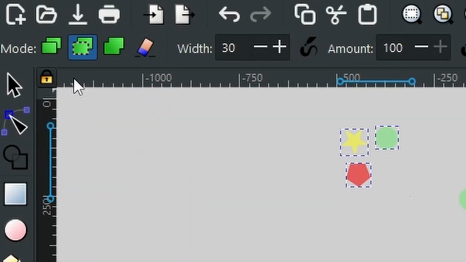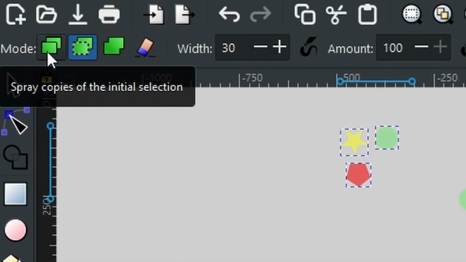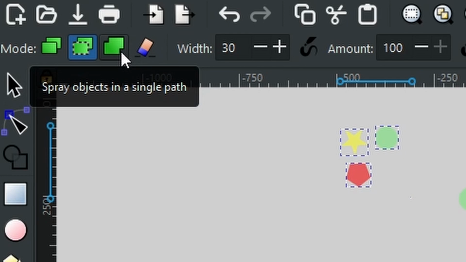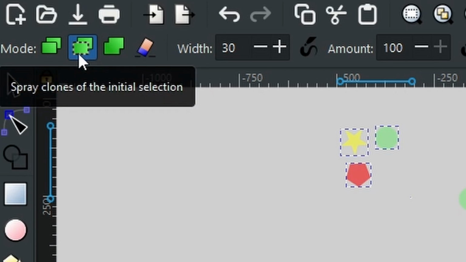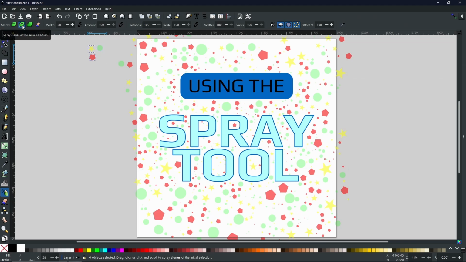Now when it comes to the mode, you can either spray copies of the initial selection, spray clones of the initial selection, or spray objects in a single pass. For today, I'm going to be using spray clones of initial selection. Now the difference between the first two modes, which are the two modes that you will use the most, is when you have created all your copies, if they are clones, you will still be able to edit them. You will still be able to change the color, and it will be represented in all the clones that you